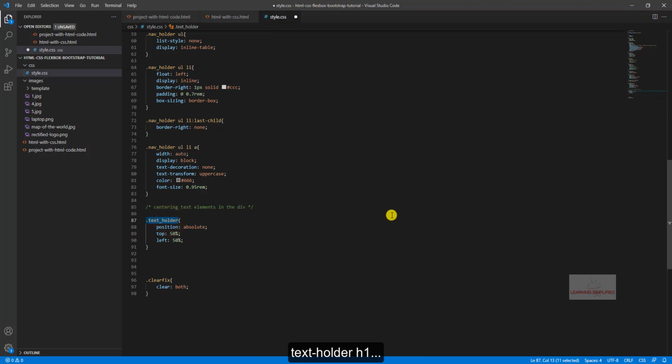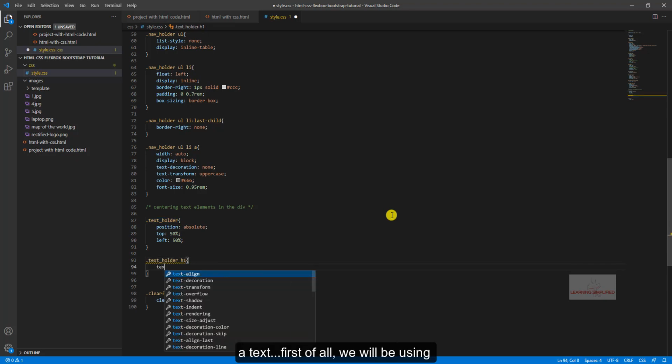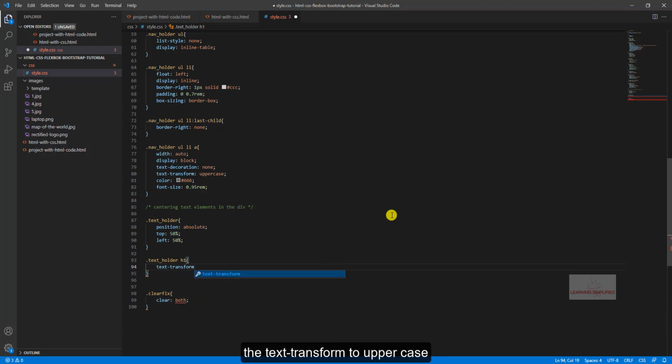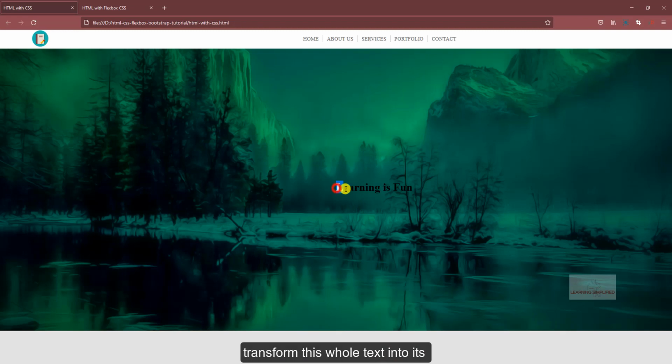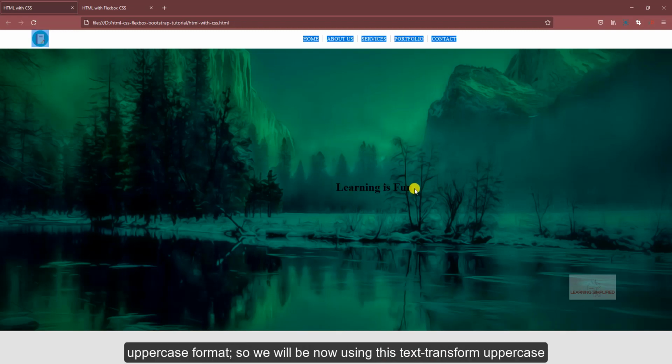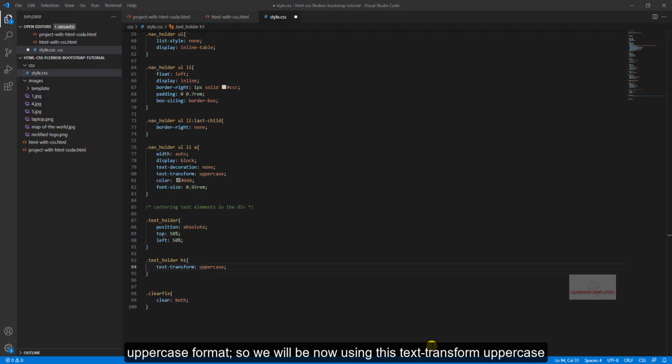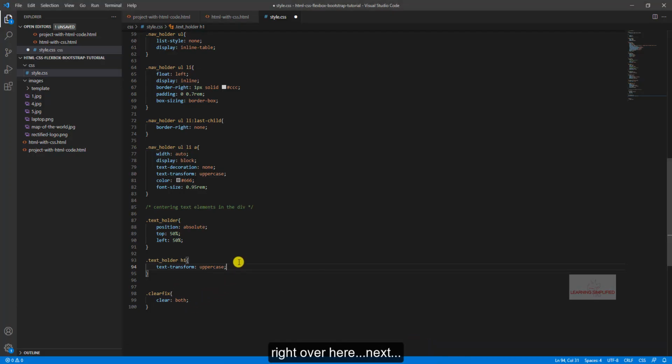So text holder h1, it should be having a text. First of all, we will be using the text transform uppercase. So all we wish to do is transform this whole text into its uppercase format. So we will now be using this text transform uppercase right over here. Next,